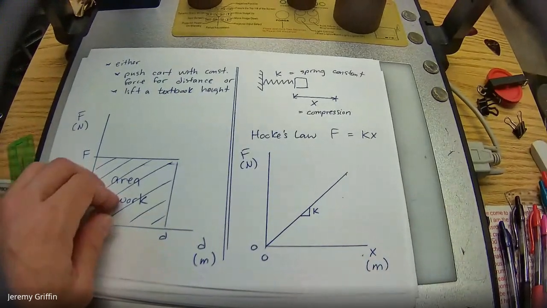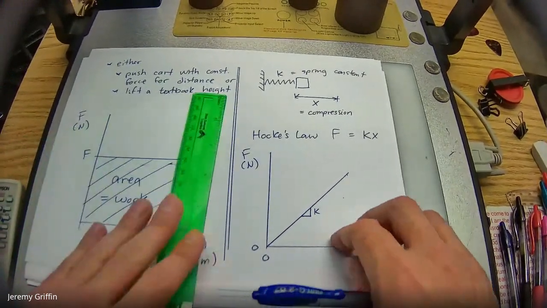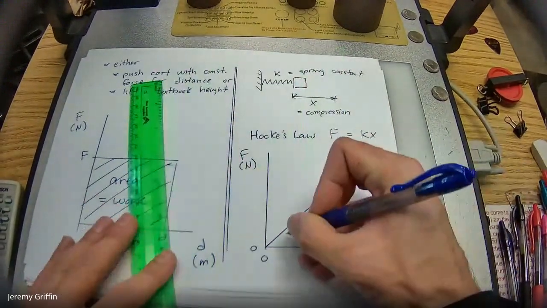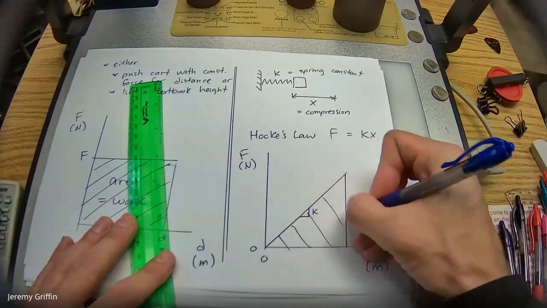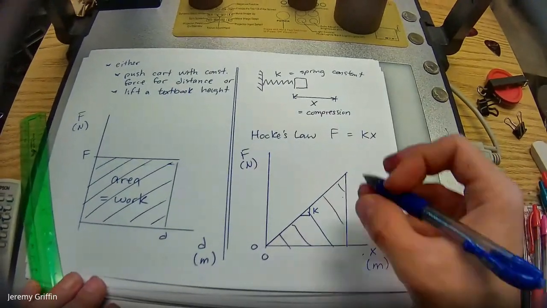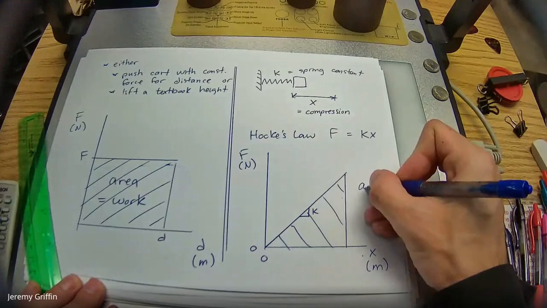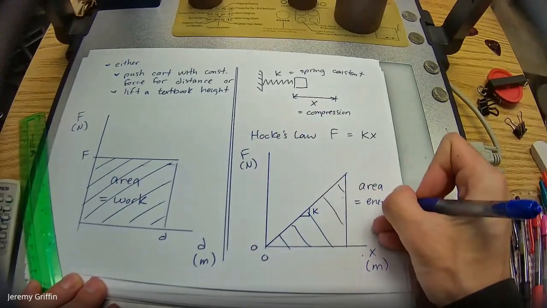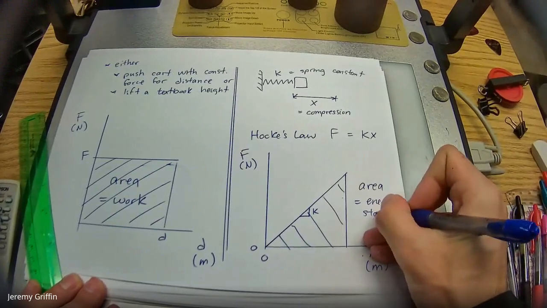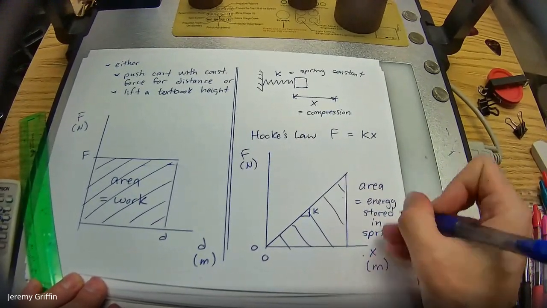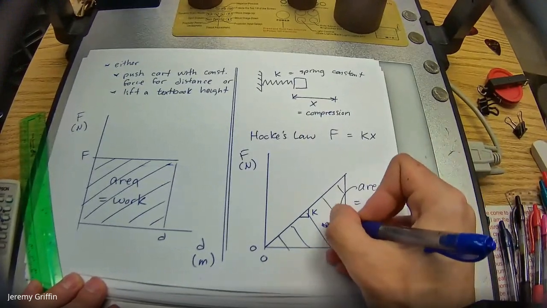I mean, the one on the left is a constant force. Compressing a spring is a variable force. Right? But wouldn't the area underneath the curve also represent the energy stored in that object, in this case, a spring? Right? So this area, the area under the curve, is the energy stored in the spring. That area right there.